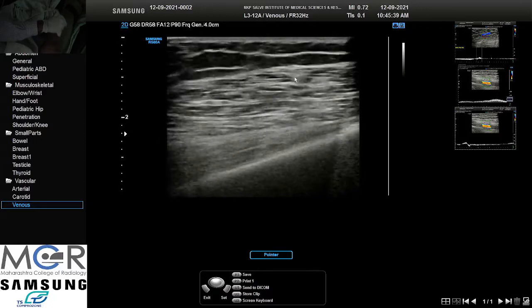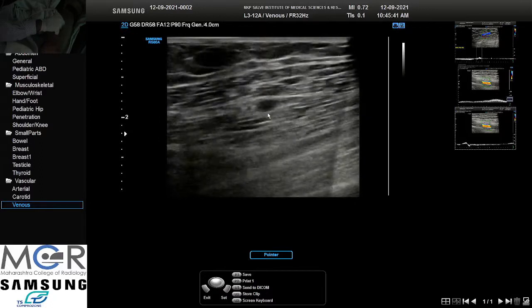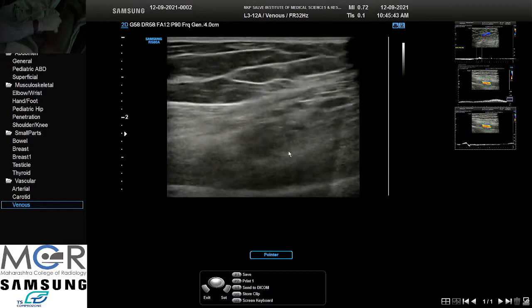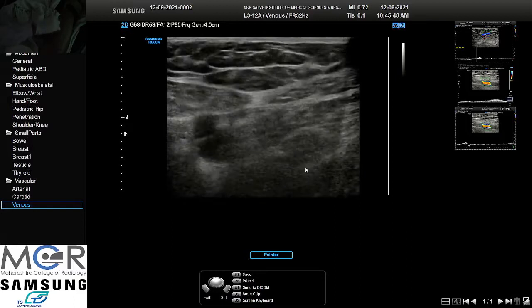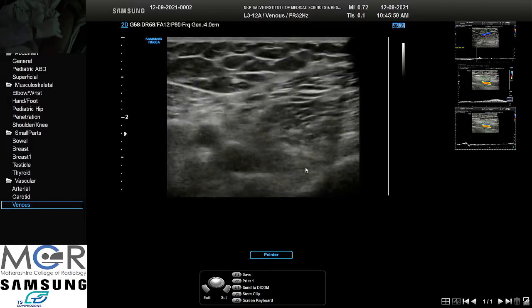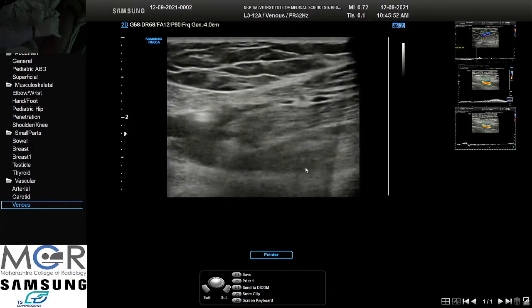That is from the superficial plane, it is coming down, down, down, and entering here. So you can consider this as a thigh perforator and try to see.